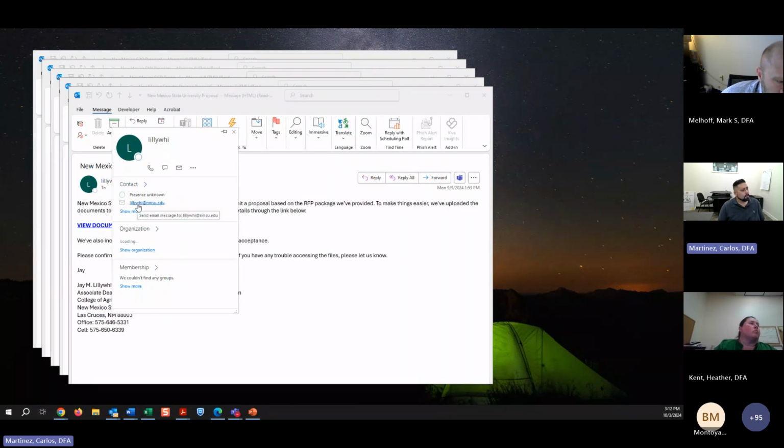This one appears to be a valid email address that may have been compromised, but sometimes within here there might be a misspelling within the email, or you see something different here. It might say something like nmsu.edu.microsoft.com or something to that extent. But this will tell you if you have any suspicion that it's not a friendly email. This is one of the first places you want to go to validate that the email address is valid and coming from the sender directly.